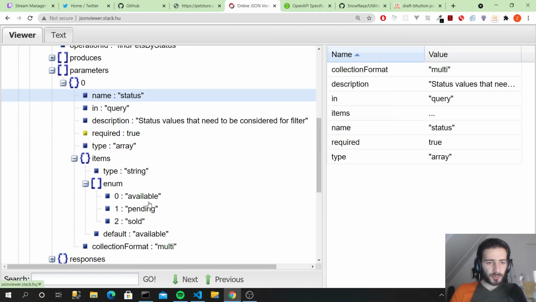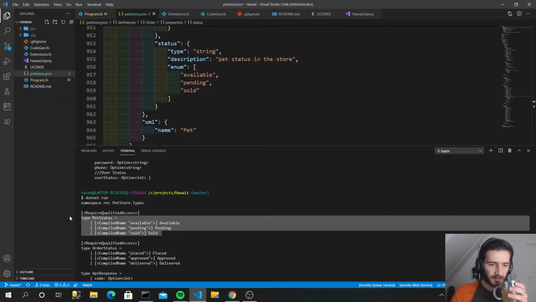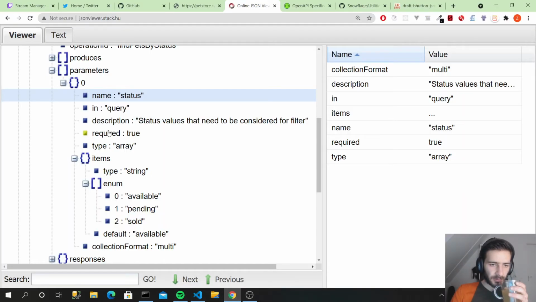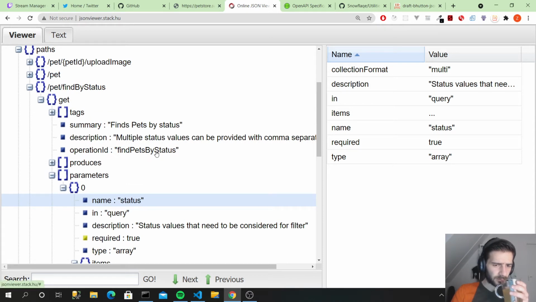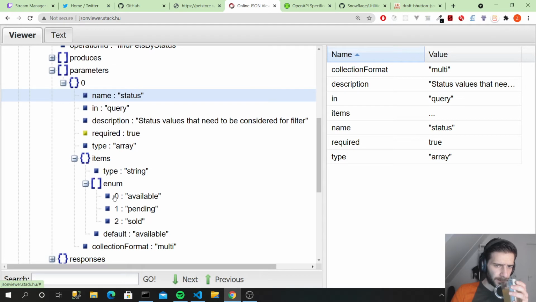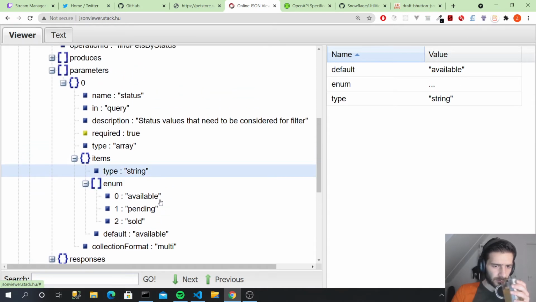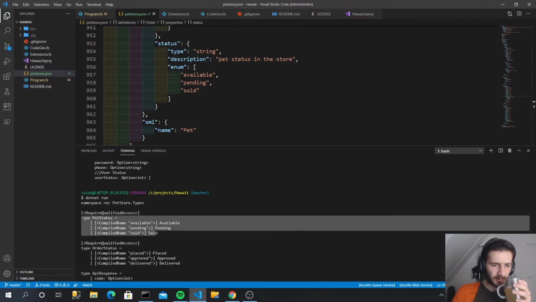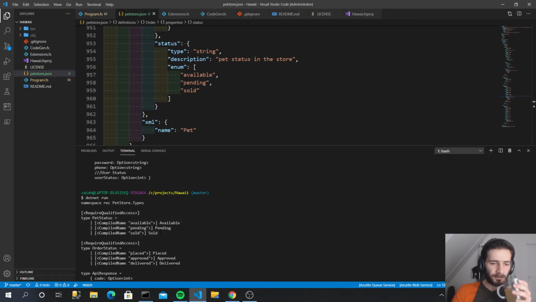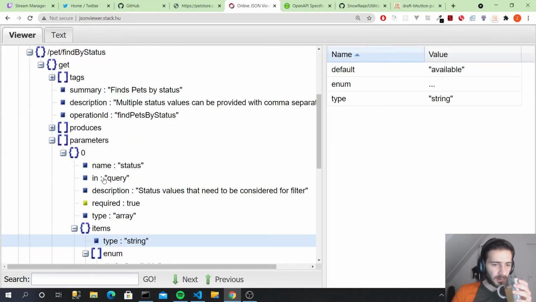So ideally, we would want to know how this type here, pet status, can be an input to this path, right? It's actually the same type, just not sure how to, so the default is available, okay. There should be some way of figuring out how to say, well, this enum is actually the same one as this one. And when it's this enum, and we use it as input in the query string parameter, so you can imagine